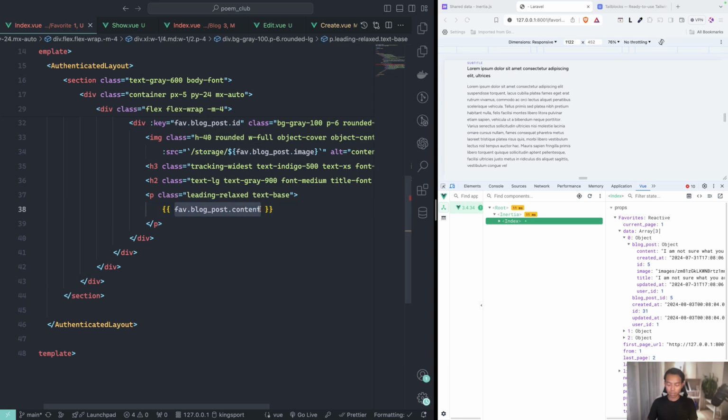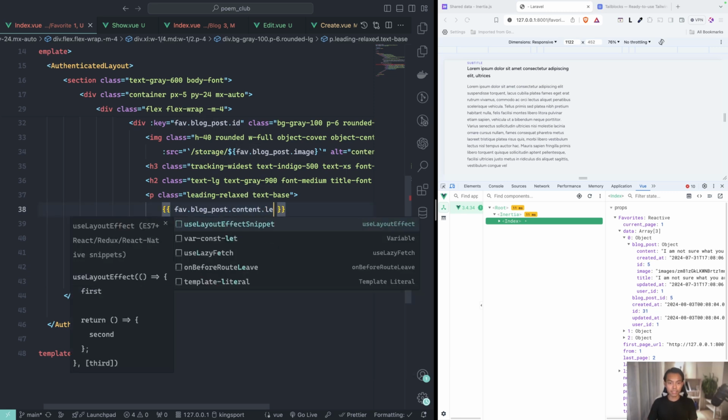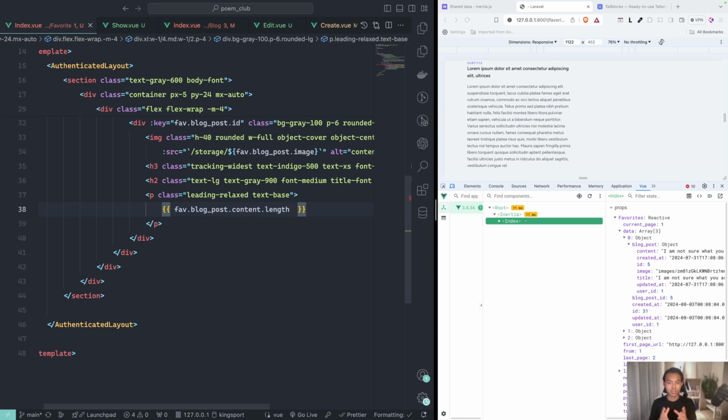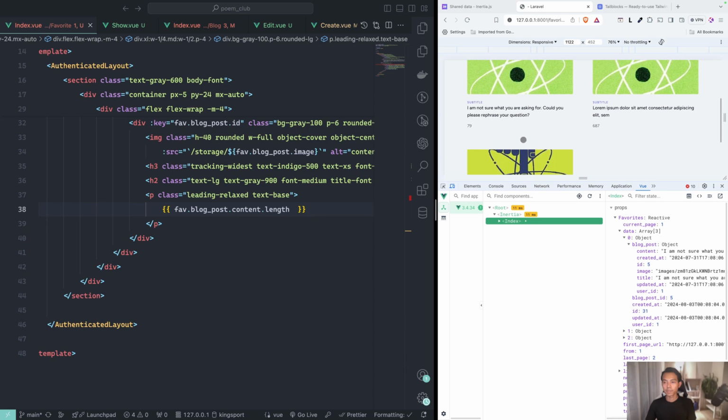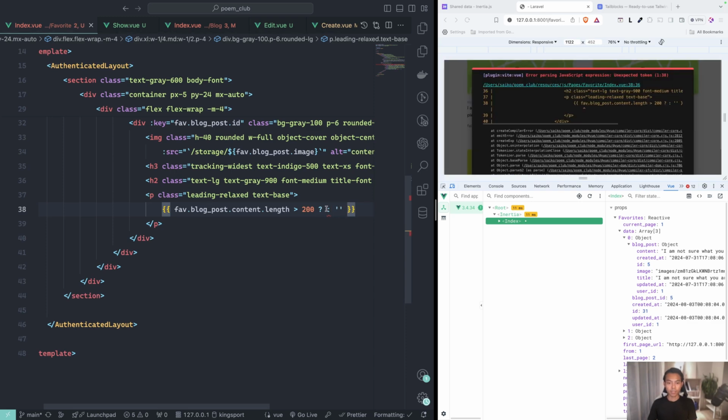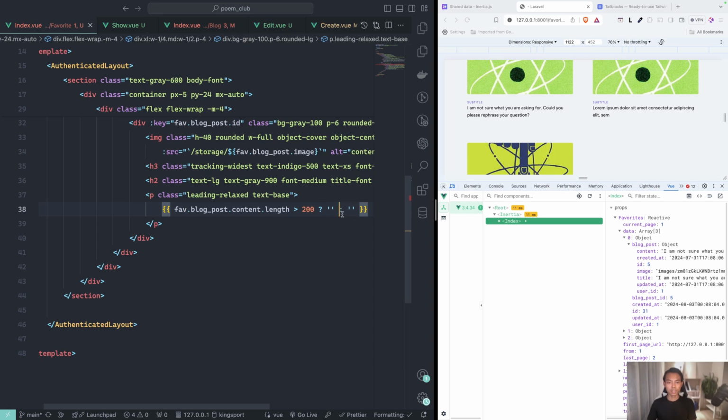So how can we validate? We have length. If it is more than, let's say, 200, we will use the question mark and colon validation here. So we call it ternary validation here. So in here we can say